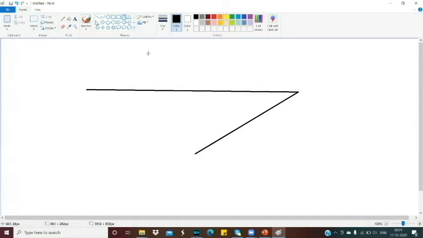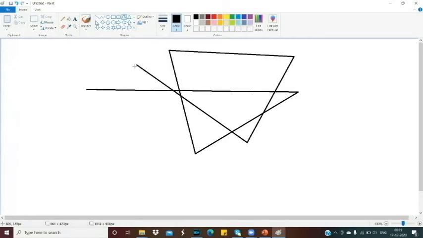Then if you want to draw the next line towards here, you can click that place. Here, next to here. Like this, we can draw very easily. And it has to end at the starting point. Okay. In this way, it is a very easy tool to draw.